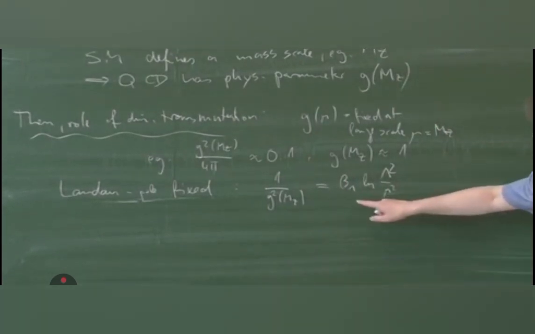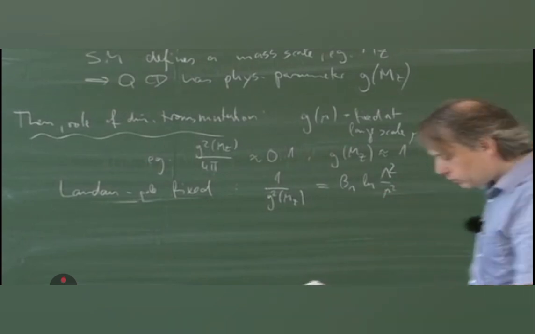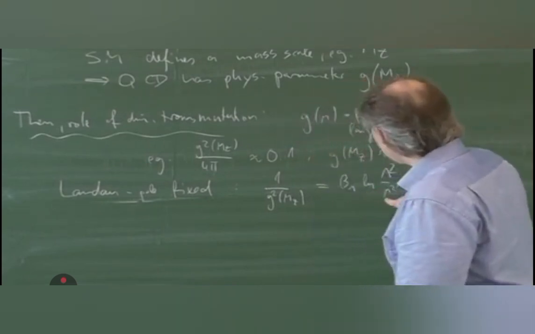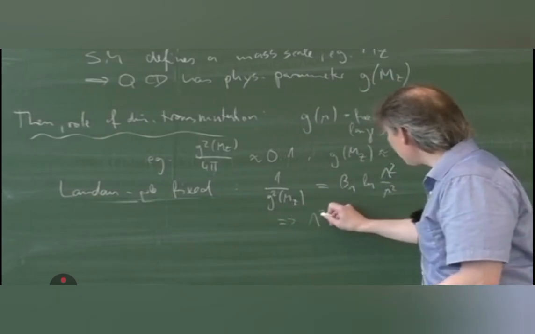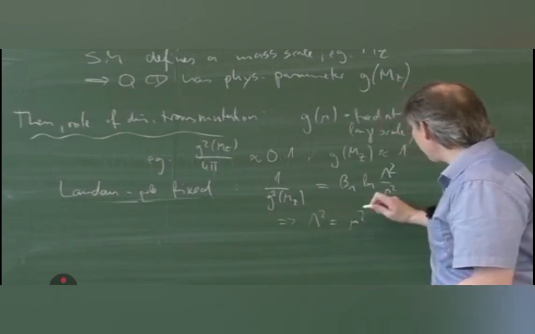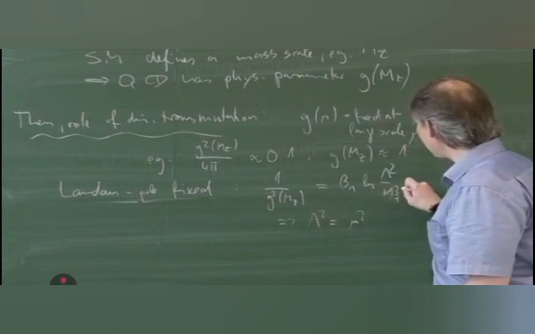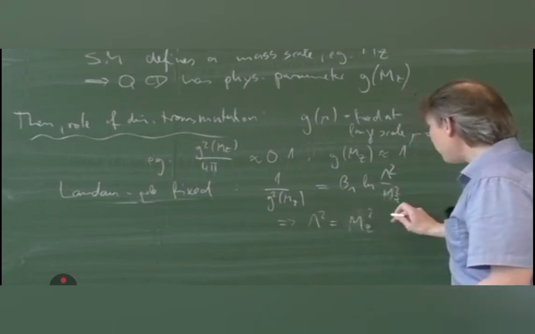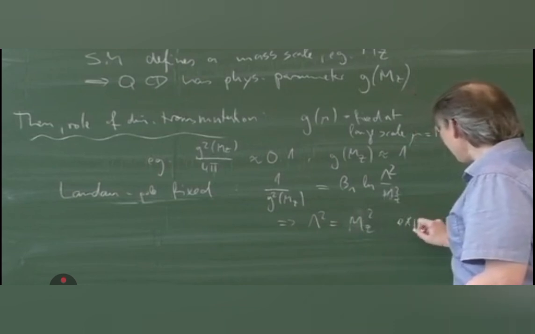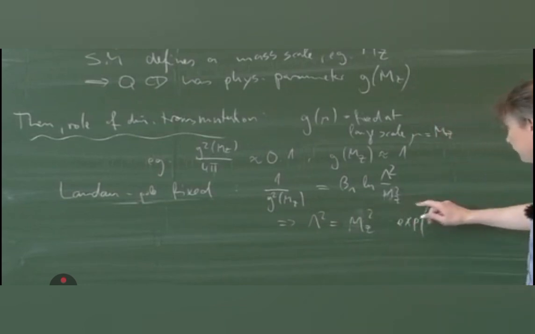And then you get an exponential solution for this. Lambda squared is equal to m_Z squared times the exponential of 1 over